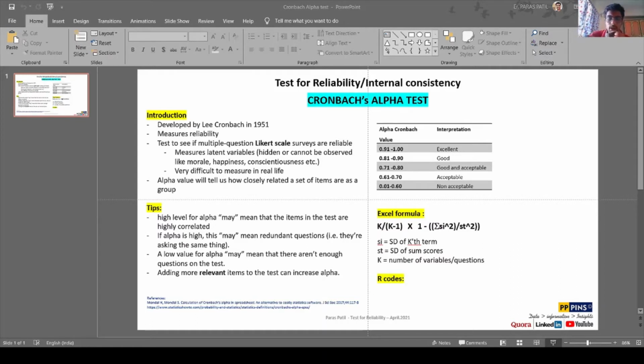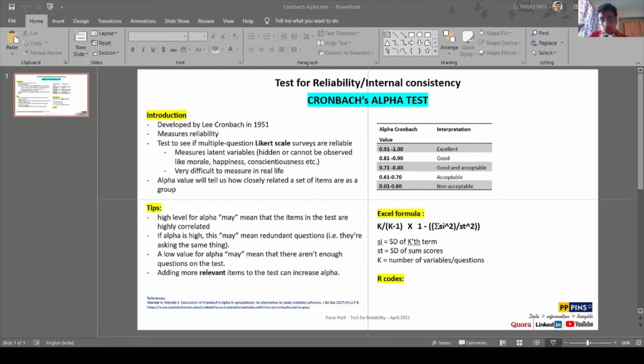On the right hand bottom, you can see the Excel formula. This formula has different terminologies, where k means the number of questions or variables. Then you have SI, that is the standard deviation of the k terms.